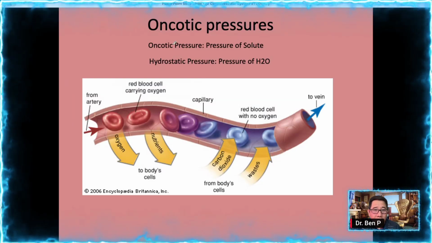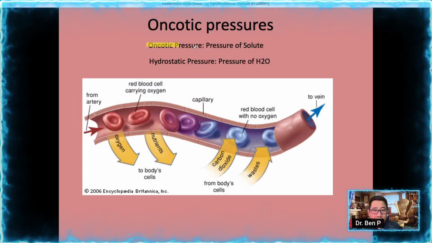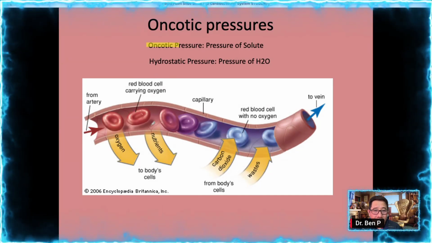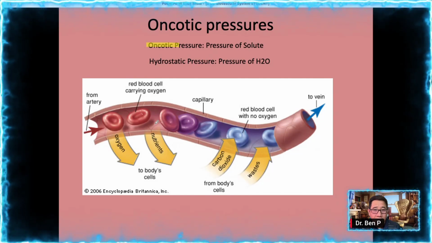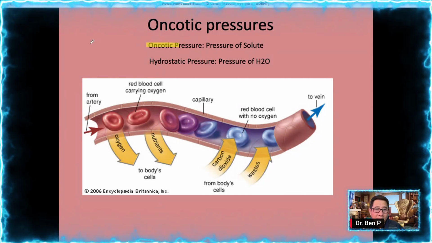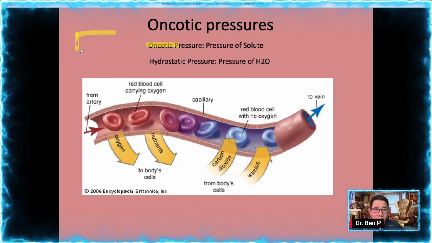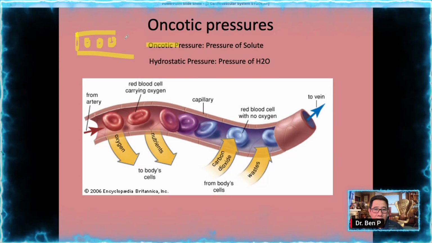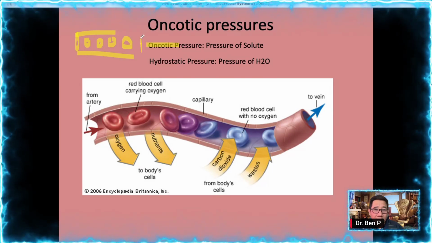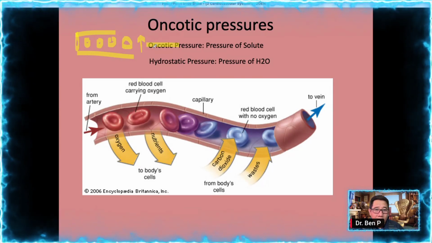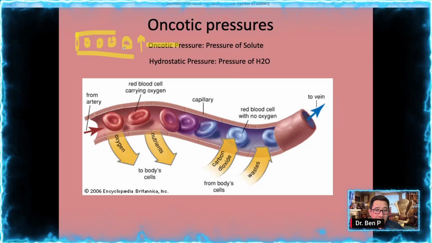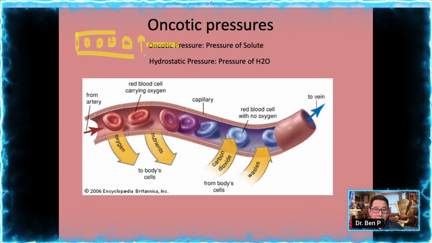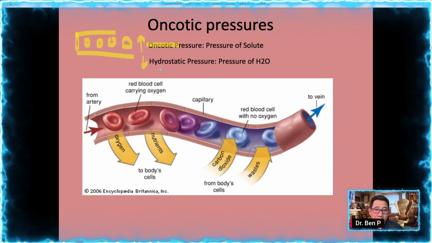Another term you should know is called the oncotic pressure. Oncotic pressure is the pressure of the solute. The more solute you have, the less pressure of the water. So oncotic is referring to solute. Let's say I put tons of solute, like this one has a lot of solute. Therefore, I have a higher oncotic pressure. When I have a higher oncotic pressure, I don't have a lot of water. The space between these circles, you have less space. Therefore, you have less hydrostatic pressure,